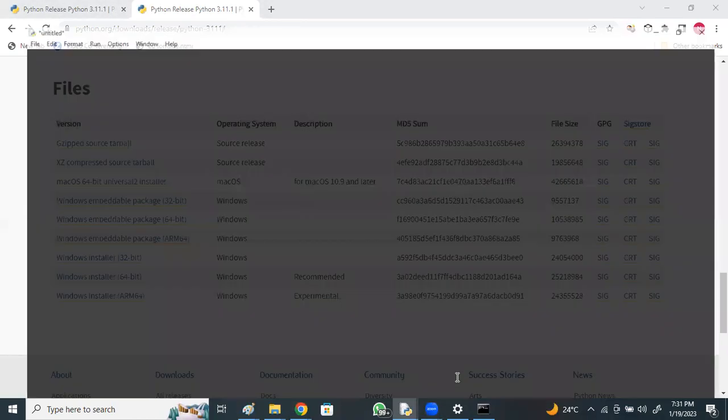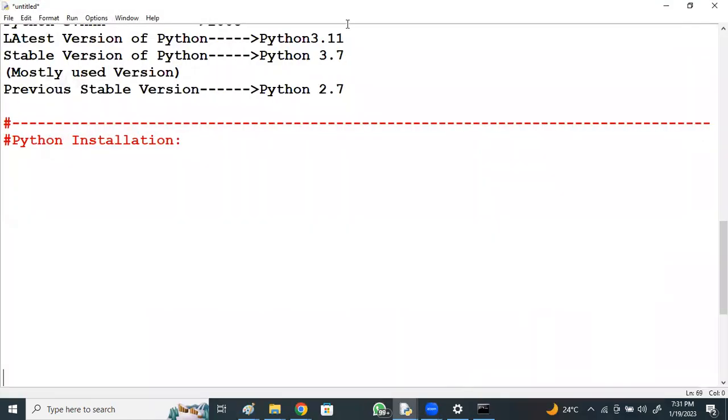So if anyone is working in a Linux environment using Python, there is no need of any installation. By default, you get Python inbuilt within the Linux OS. But if you are using an older version of Linux, you get an older version of Python.